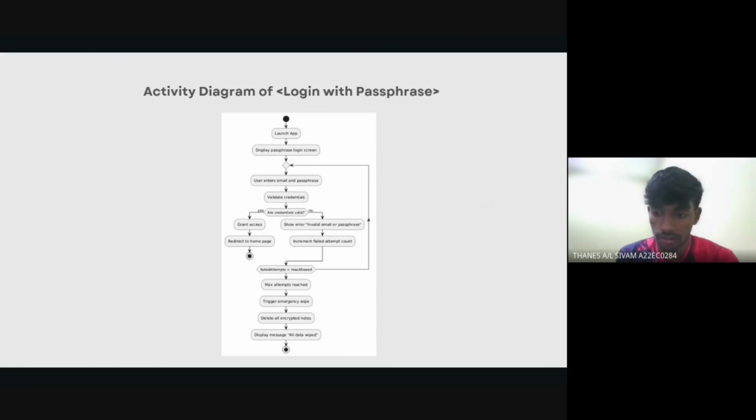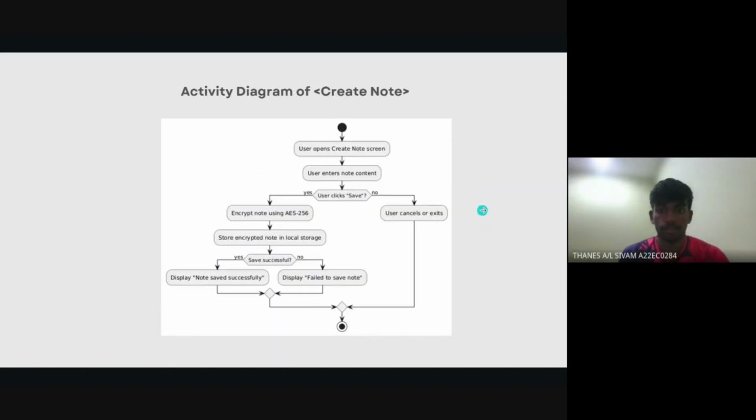So this is for the login using passphrase, where it displays the passphrase login screen, enter the email and passphrase, validate credentials, same as the login with biometric, but this uses the passphrase. This is the activity diagram to create the node, where the user opens the create node screen and